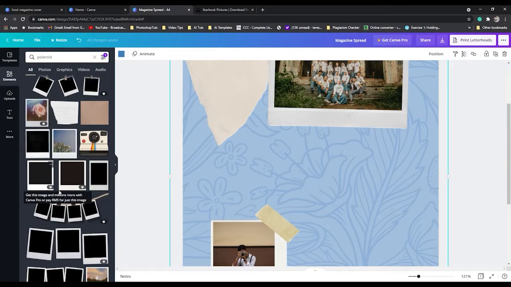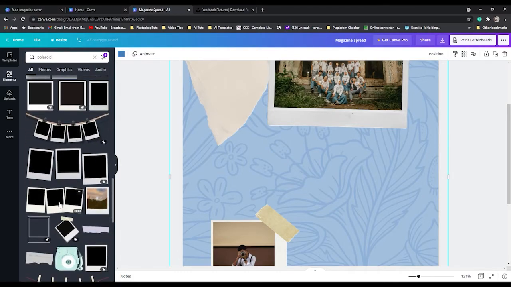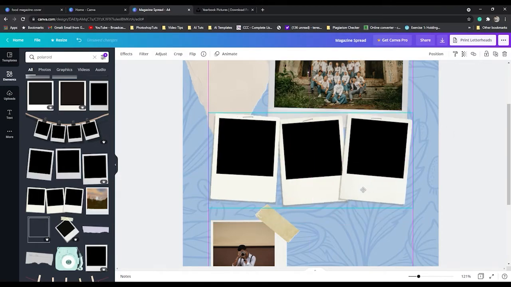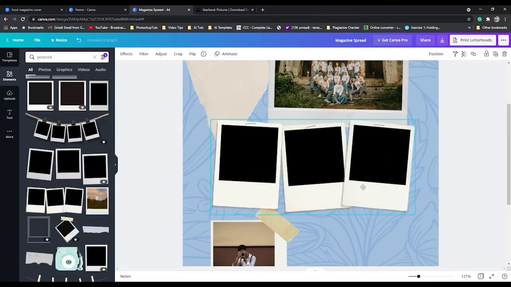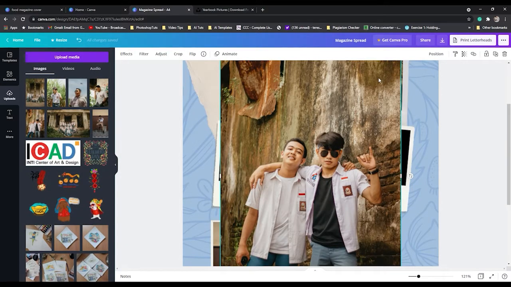So do bear in mind, whenever you see this crown that you see here, it means that the images are not free. You have to pay for it. So this means I'm truly in luck because I have these three, which is just nice for me to work with here. Going back to my uploads, I'm going to take these two guys,